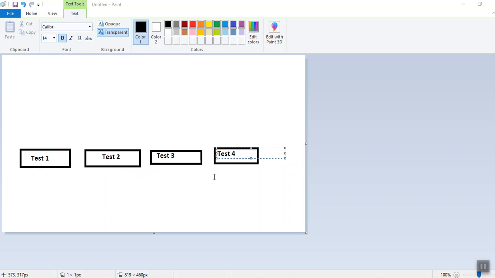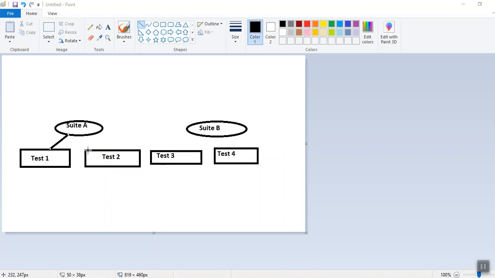Now suppose we have four test cases, test 1, test 2, test 3 and test 4, and we need to run them in a certain order. Let's assume that test 1 and test 2 are in suite A and test 3 and test 4 are in suite B. I am taking the example of TestNG, as TestNG is very famous in the market with Selenium.